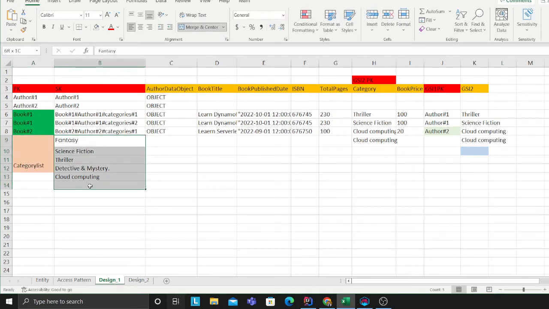This is my primary, this is my secondary key. Hopefully that made sense. Now the fields that are important to me, for example, I might want to sort my data based on the book published date, or I might want to search based on ISBN, right? So those fields that are important to me, I'm going to bring it out, and those that are not important, I'm simply going to